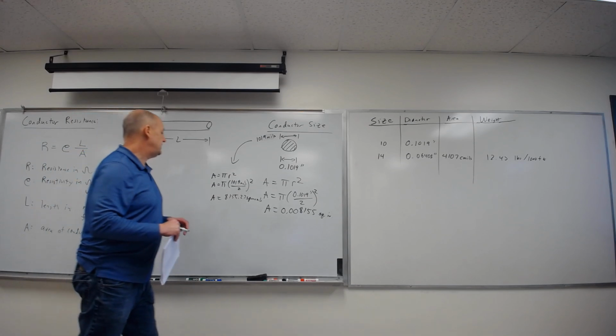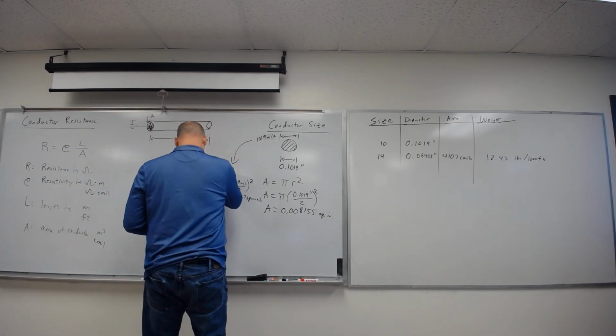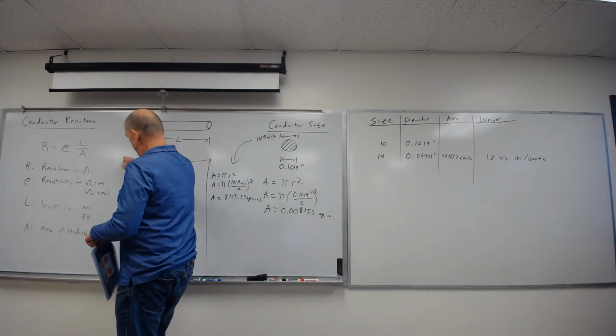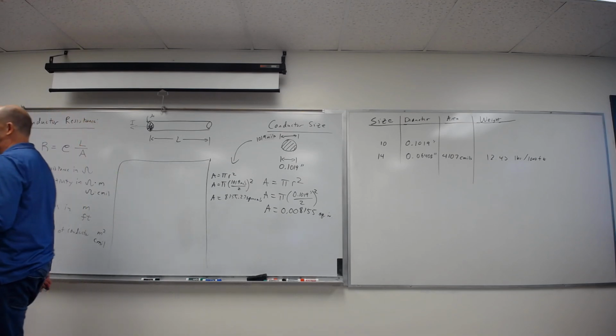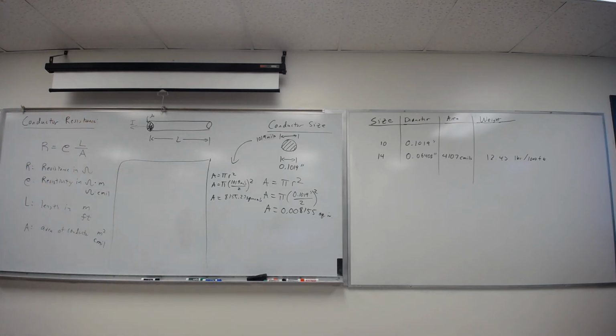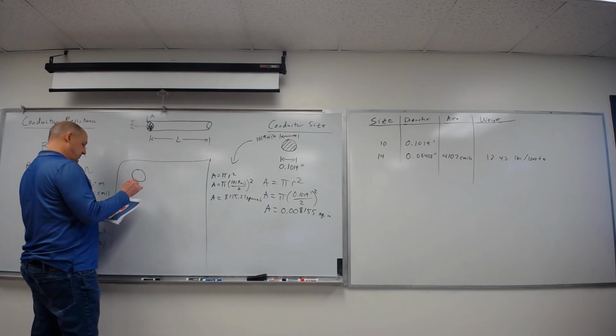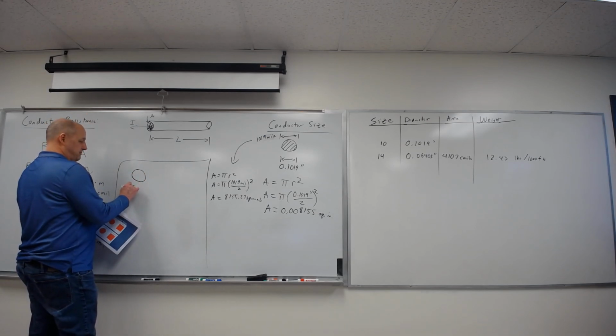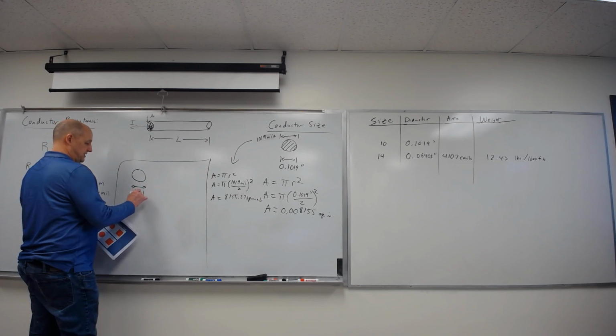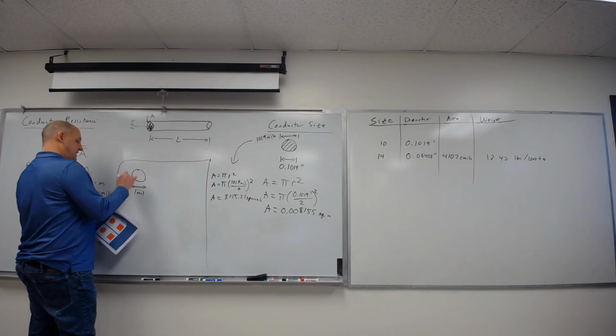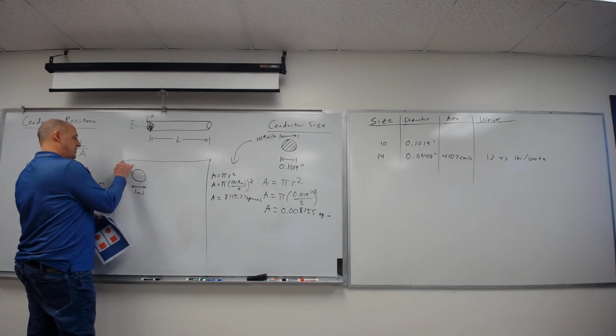But I decided to get even smarter about this stuff and say, you know what? All my wire is going to be circular probably. So I could do this. I can look at this and say, if that's circular and it's 1 mil across, then I'm going to say it has an area that is